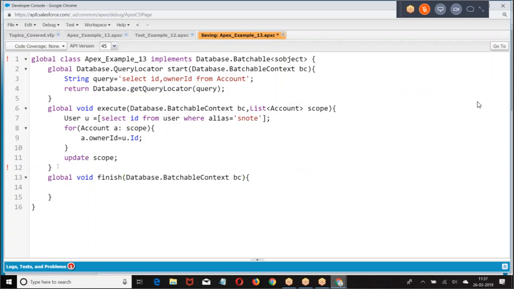This is my requirement. Fetch all the accounts and update the owner of the records as student. Write the test class for this.